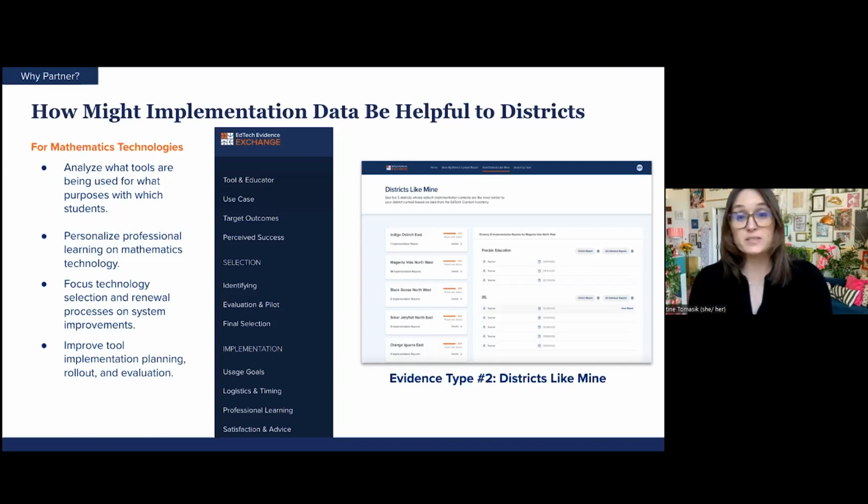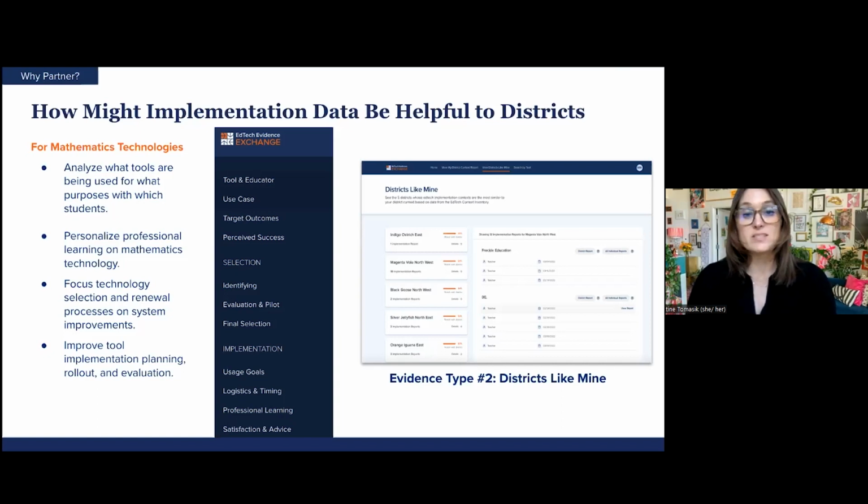If they're experiencing success with a particular tool, then maybe you will too. You can look at their evidence to get a sense of what math tools might work in your district, or to learn how to improve your implementation of a math tool that you are currently using.